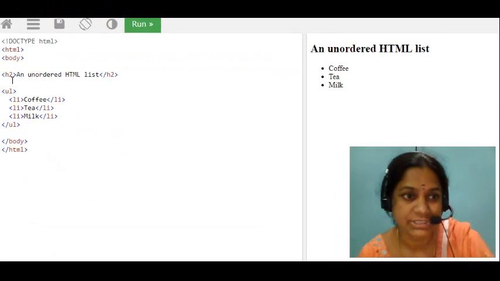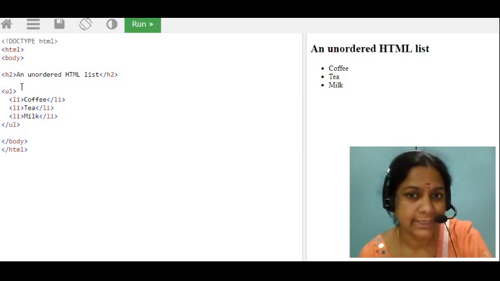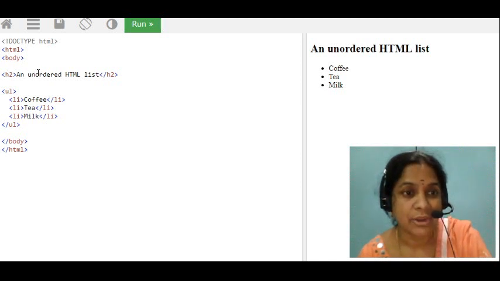This is the HTML program. Starting HTML and ending HTML. Without head we can also write. Here let us see the heading H2 and the unordered HTML list, H2, then the unordered list tag UL, and the UL tag ending. In between I used LI. How many did I use here?